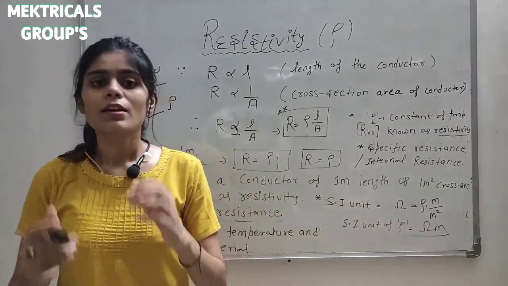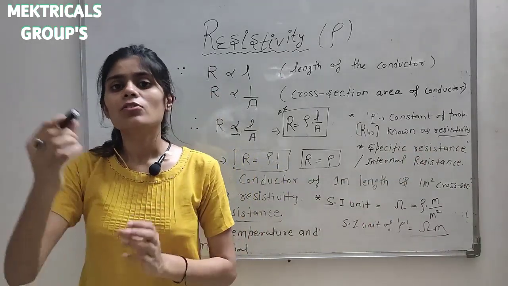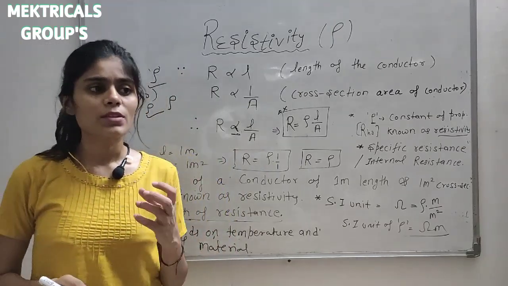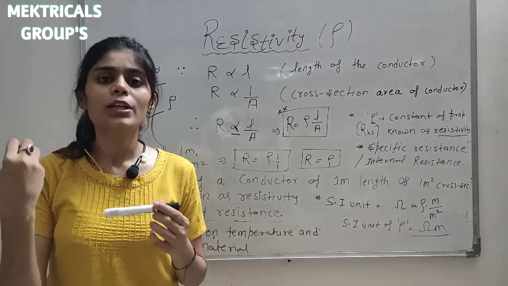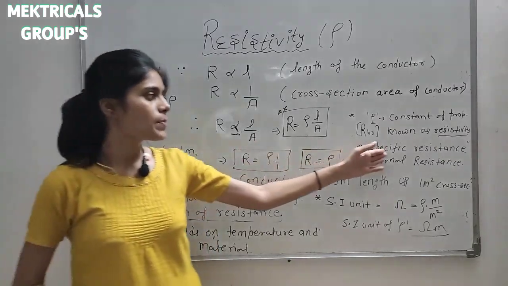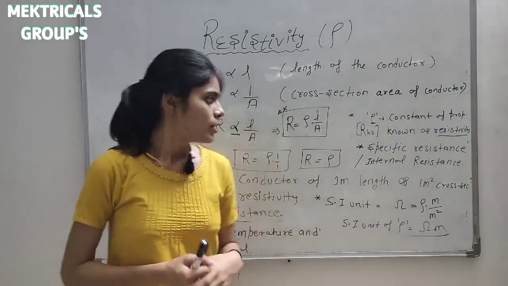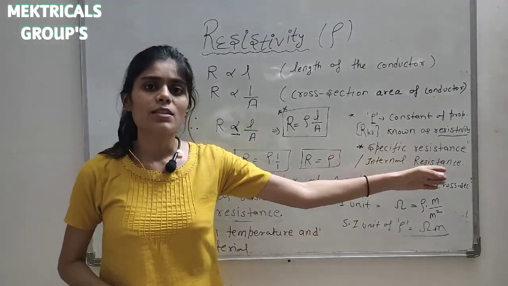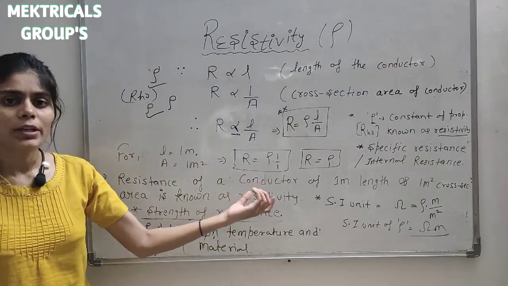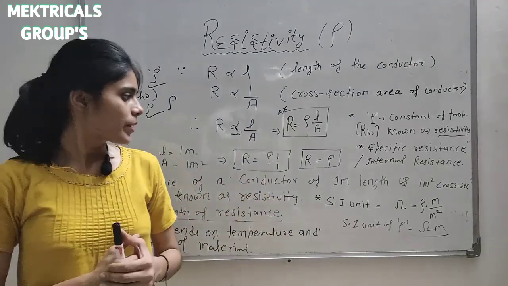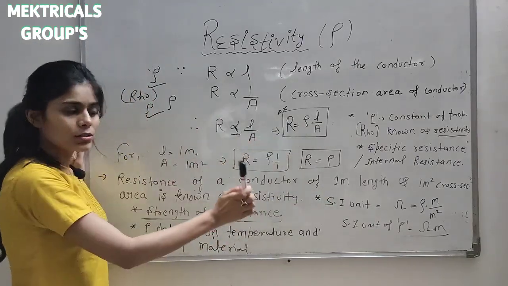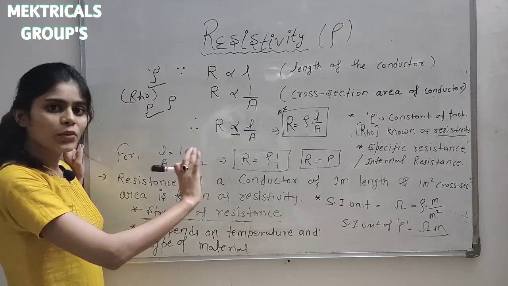Specific resistance means a specific value of resistance. स्पेसिफिक का मतलब स्टूडेंट्स मैं आपको बता दूं, स्पेसिफिक जब हम यूज करते हैं जब कोई वैल्यू यूनिट डायमेंशंस पे डिफाइन हुई हो. ठीक है, that's why it is also known as specific resistance and it is also known as internal resistance because we are using a conductor. Okay, we are talking about a conductor. Now after this we have understood the meaning of resistivity.